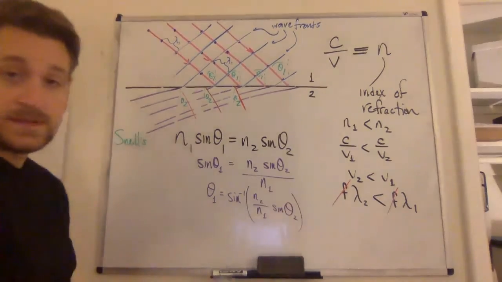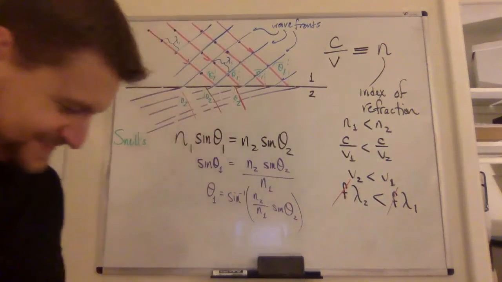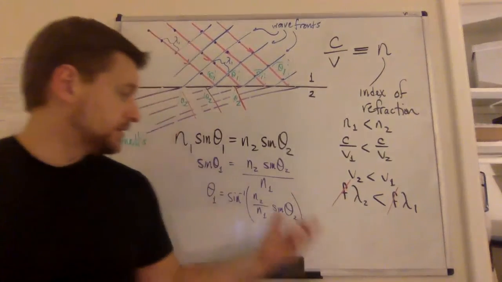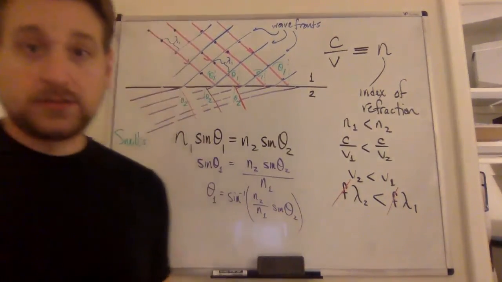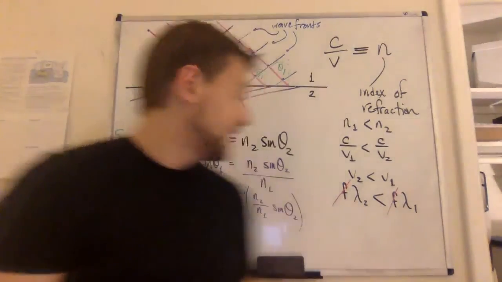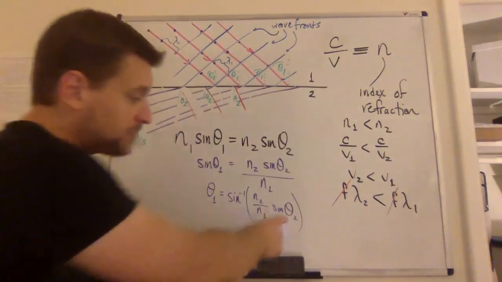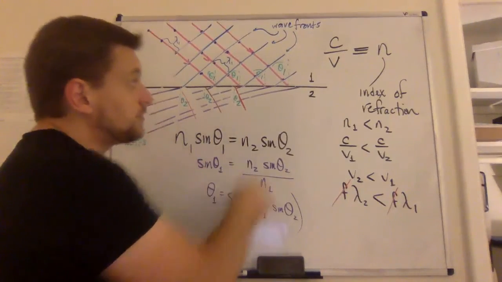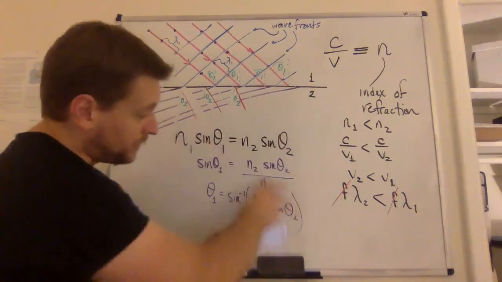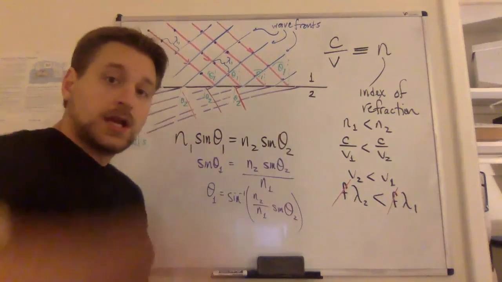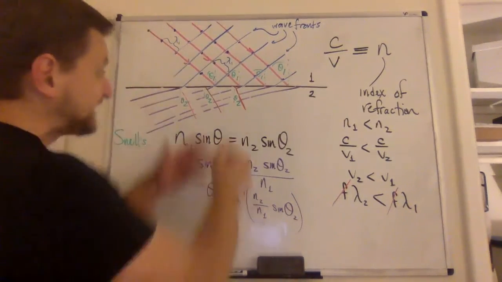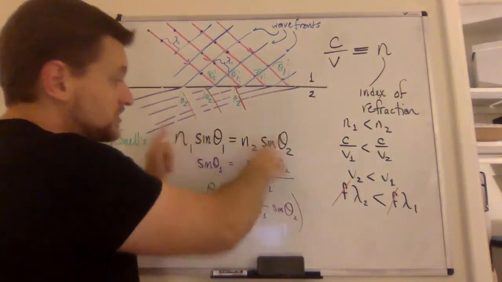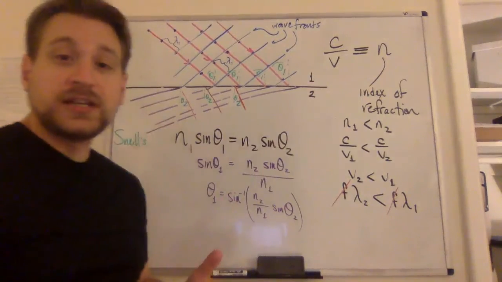Now, this is fine, except the inverse sine function can't handle any arguments larger than 1. There is no angle whose sine is larger than 1. If we happen to come at this boundary with a theta 2 large enough that when we multiply by the ratio between the indices of refraction, we end up with a number here that's bigger than 1, no such thing. It cannot refract through. It can't, doesn't happen. There's no way to satisfy this relationship, which just comes from geometry. There's no way to do it, so we can't.